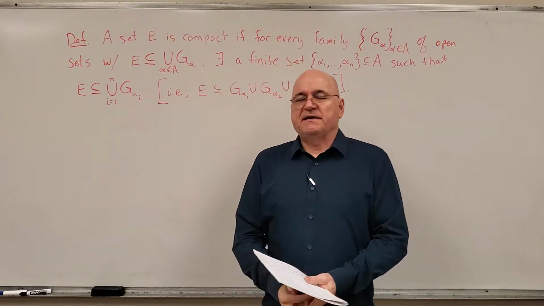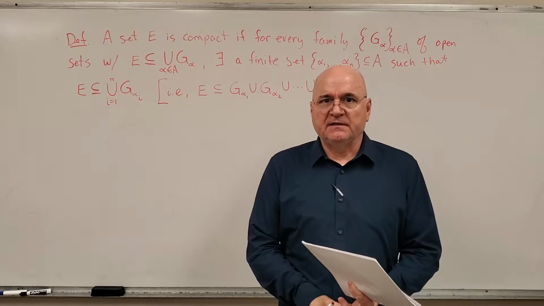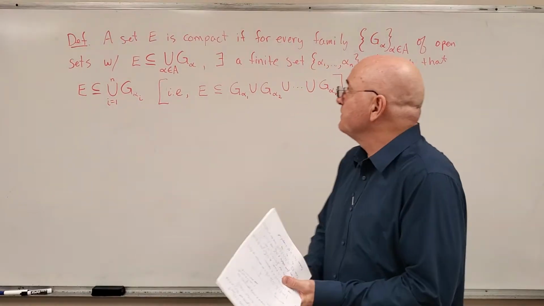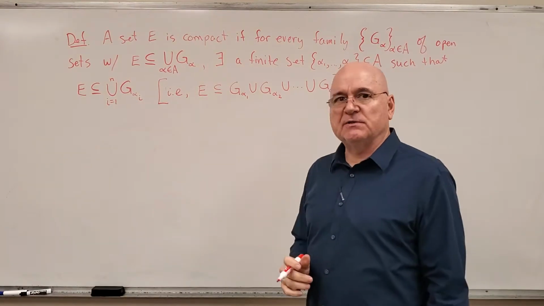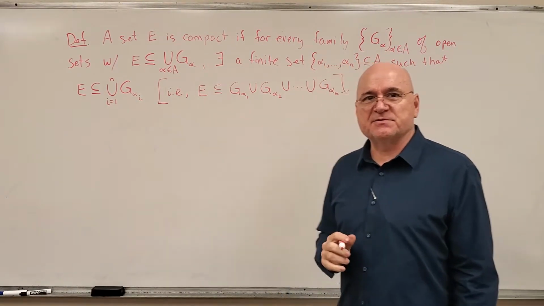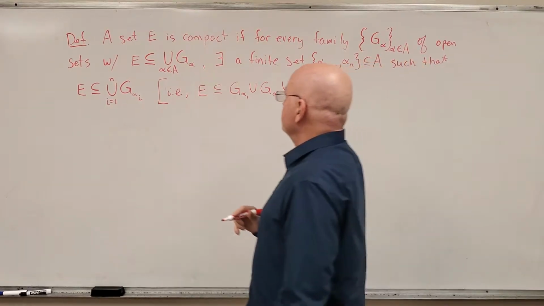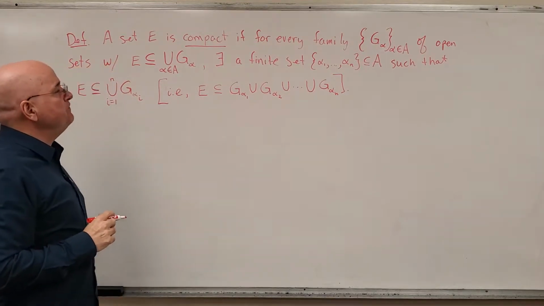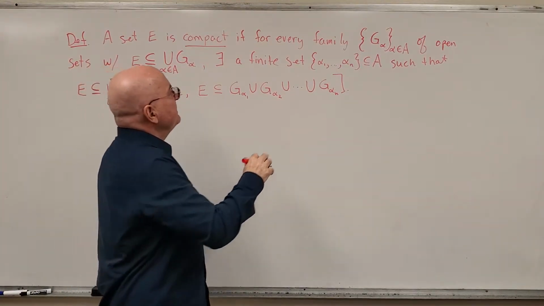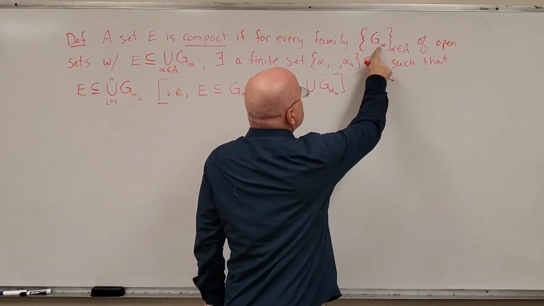Now that we know the definition of an open set and a closed set, let's move on to the next definition, a compact set. And here's the definition. It might look a little bit confusing, but we'll draw some pictures in just a minute that make it a little clearer, hopefully. A set E is compact if for every family of open sets, this is the family of open sets,